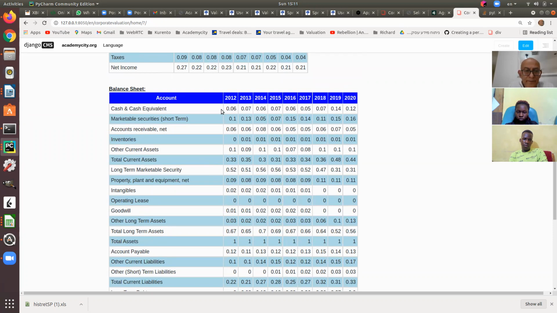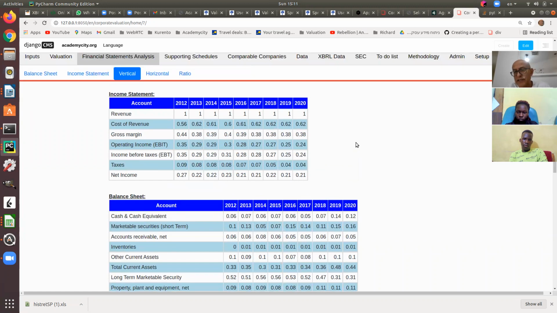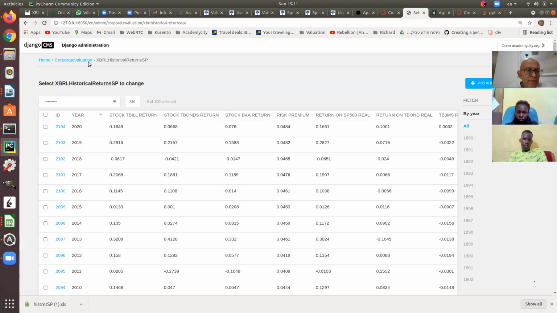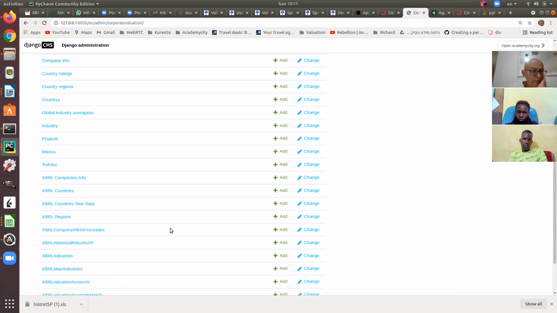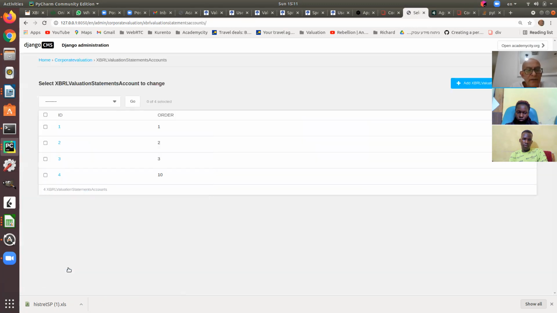The only way to do it is to put it in the database. In the database, you always add another row, and the row will automatically be integrated. So let me explain what I mean by that. If we go into the tables here, I made one called, here we go, a statements account. So this table,